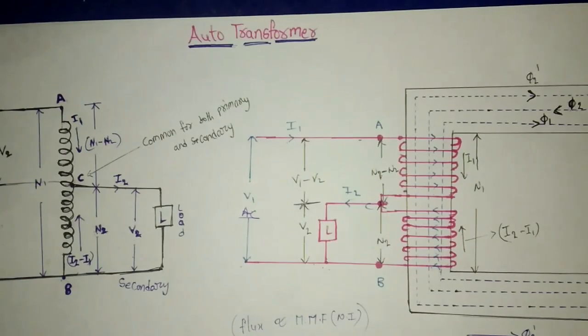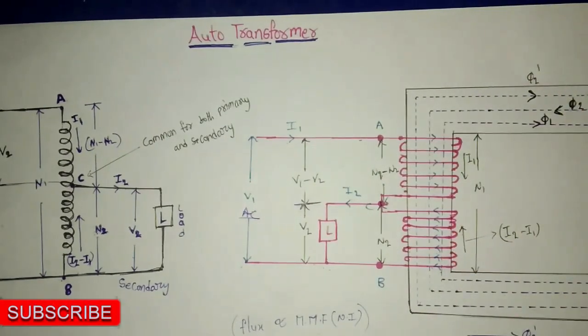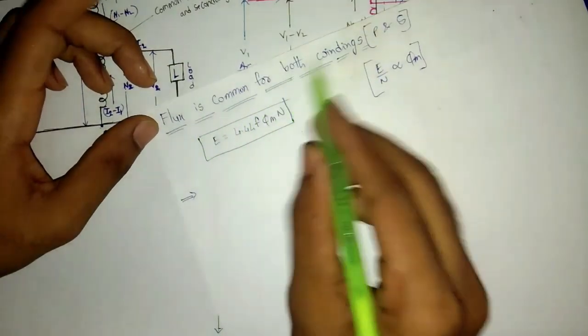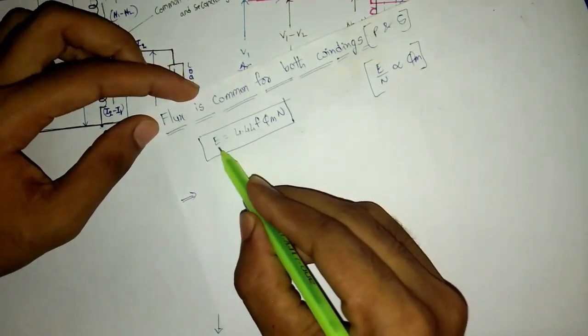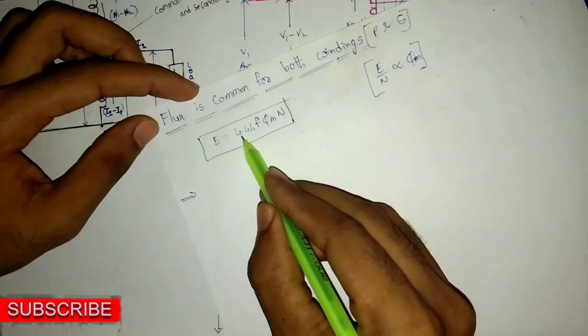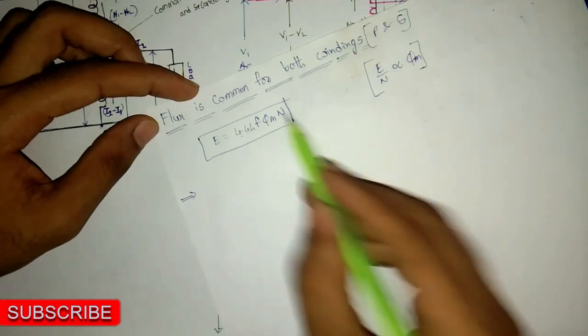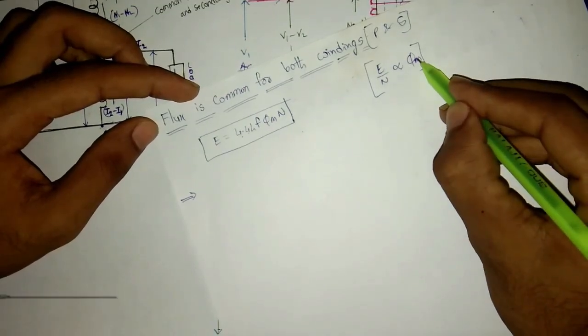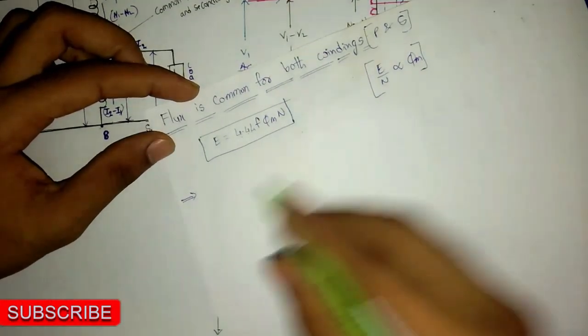From this discussion, it is clear the flux is the same for both primary and secondary. Flux is common for both windings, primary and secondary. We know the EMF equation is equal to 4.44 F Phi m N. Here, EMF per turn is directly proportional to flux. Here, flux is common. Hence,